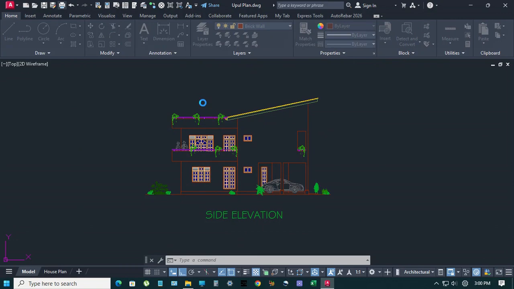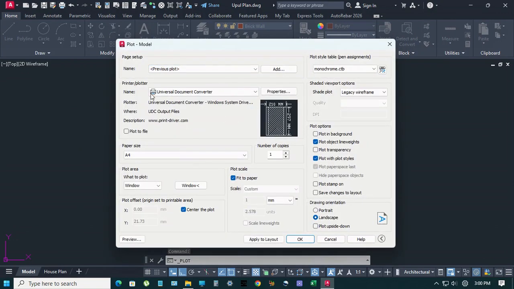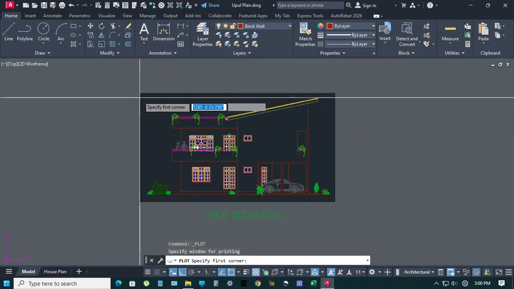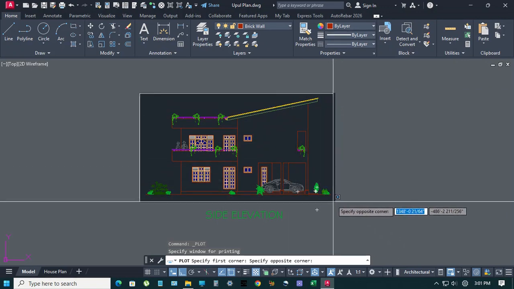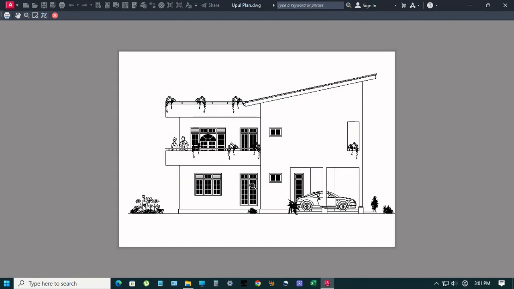Now go plot, previous plot, printer name, Universal Document Converter, A4 size, center the plot, fit to page, monochrome, landscape. Okay, window select, window, preview, plot,